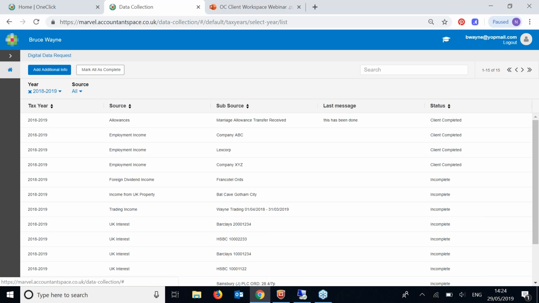But just on the client side today. So this is the client's digital data request area. And what this is, it would have been sent by the advisor, again through CCH Central. The advisor can send to CCH Central, again in bulk or individually, a digital information request to all of his